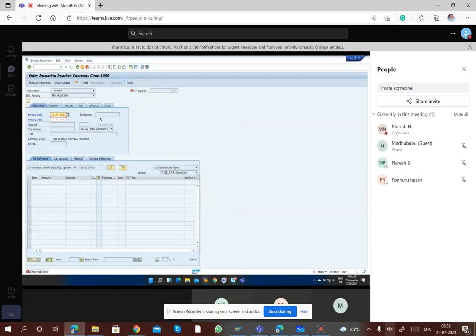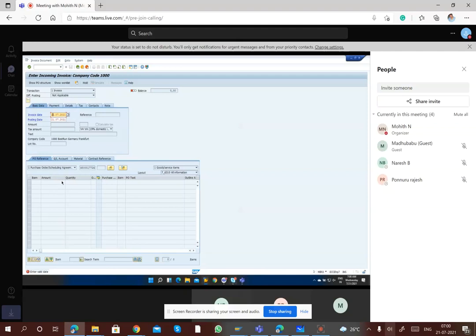Now this invoice might have reached our location 2 or 3 days before the goods were delivered, and I am inputting that into the system today. So I have to mention the invoice date that is on the original copy. I might have received these goods and invoice 4 or 5 days back, and that copy is with me in the office. Now I am filling the same data into the system.